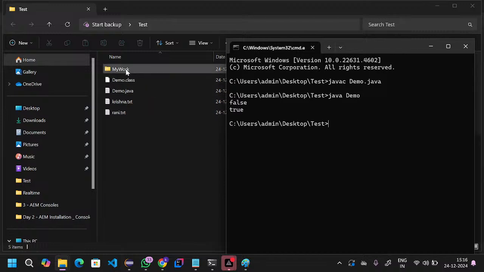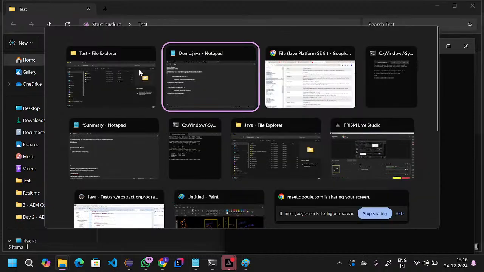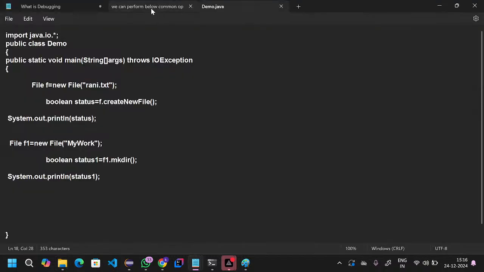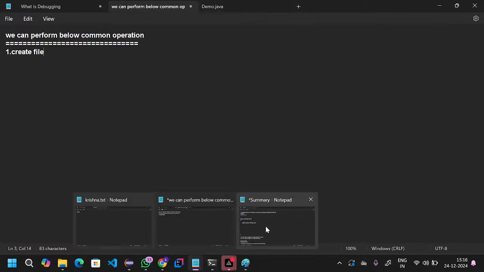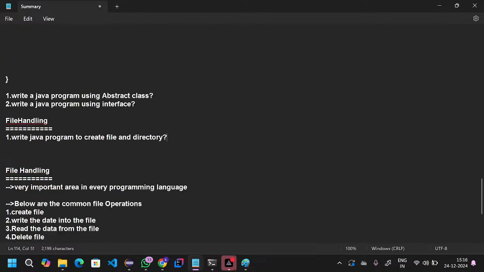See, one folder is also created. That is the one program. And the next program is